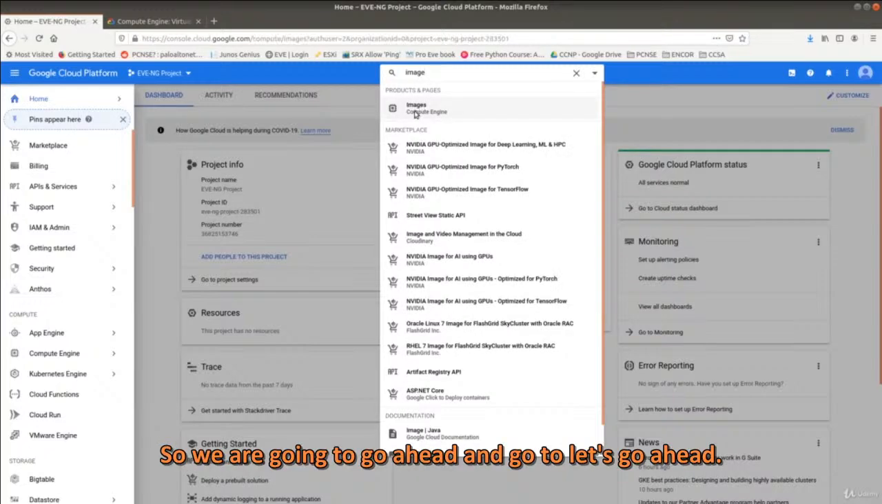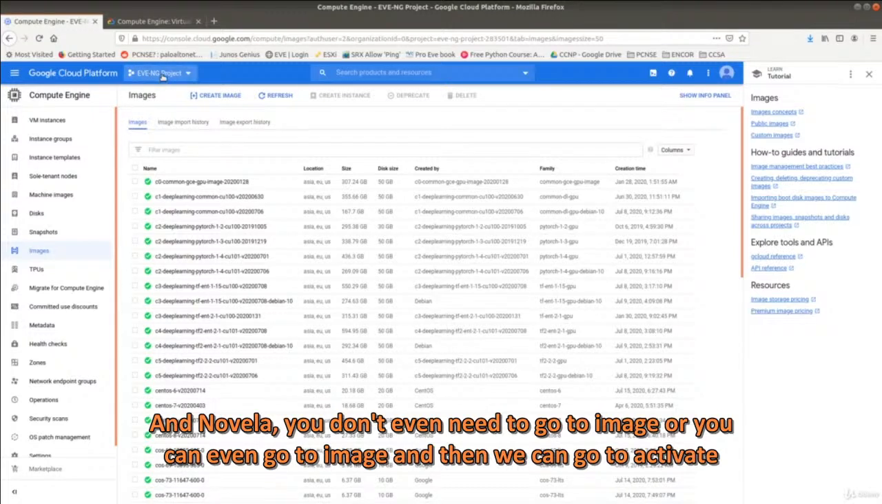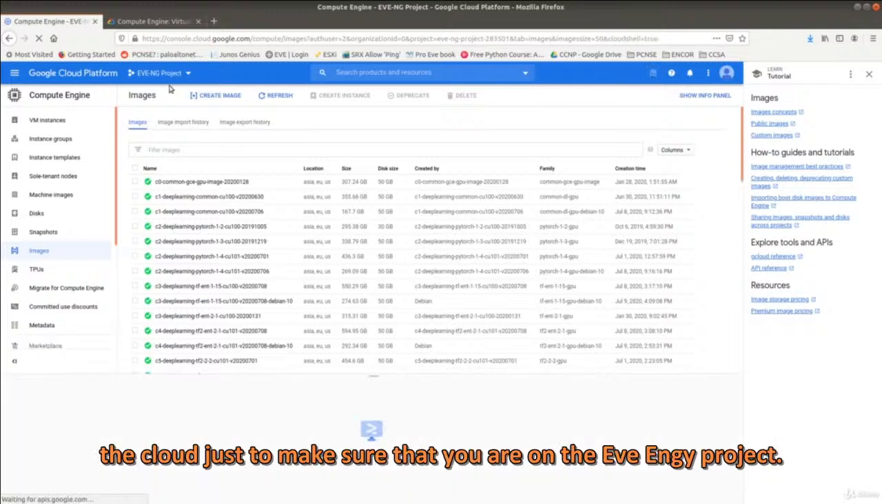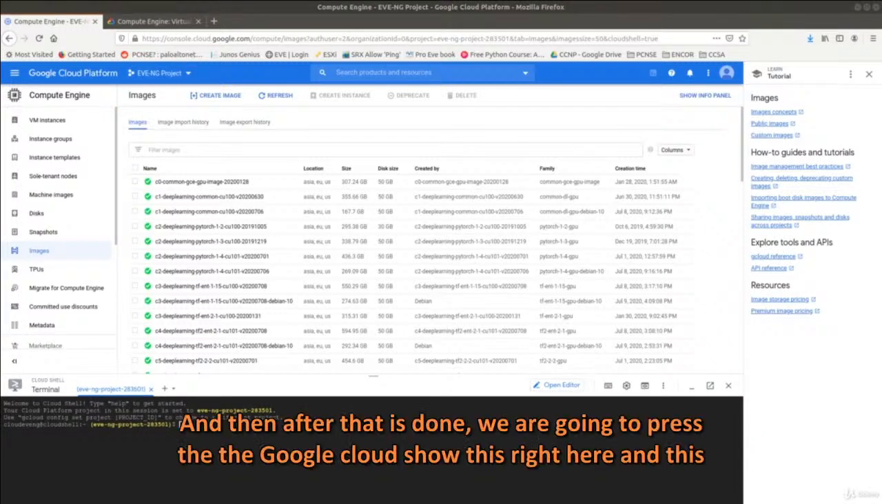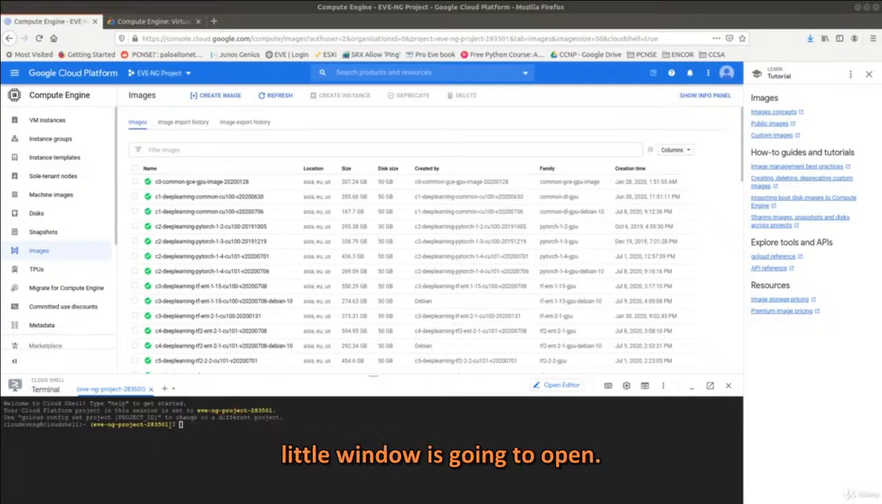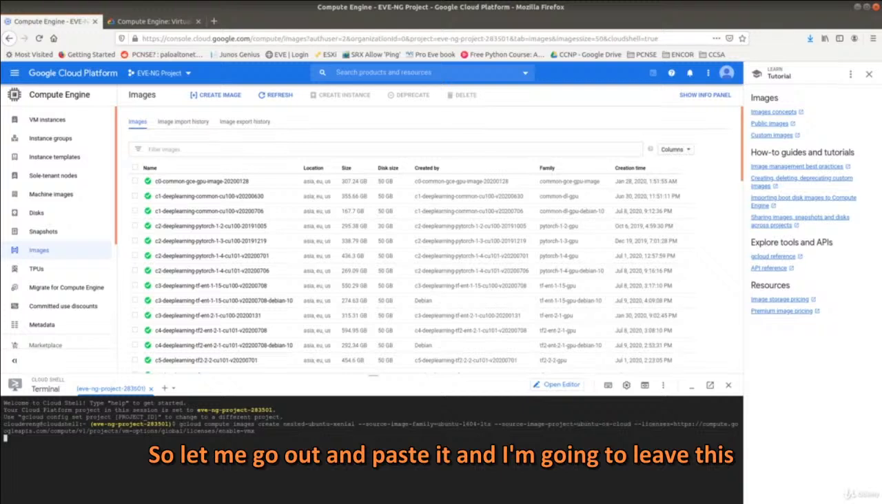So we are going to go ahead and go to, let's go ahead and not really, you don't even need to go to image, or you can even go to image, and then we can go to activate the cloud. Just make sure that you are under your EVE-NG project. If you are under your EVE-NG project, you should be good. And then after that is done, we are going to press the Google Cloud Shell, this one right here, and this little window is going to open. So in here, we are going to be pasting the command that is going to create the nested image for EVE-NG. So let me go ahead and paste it,